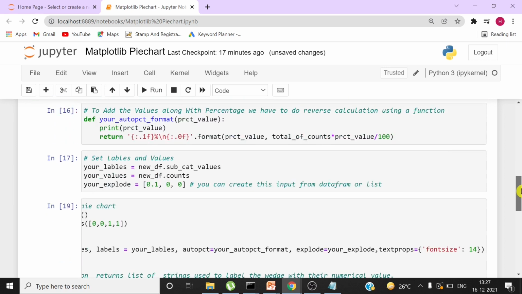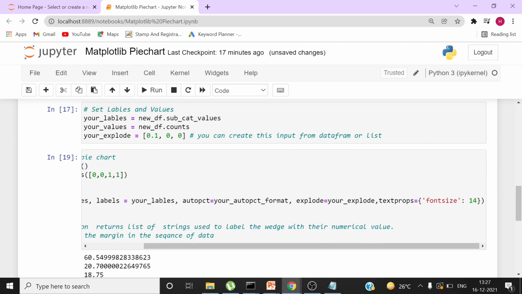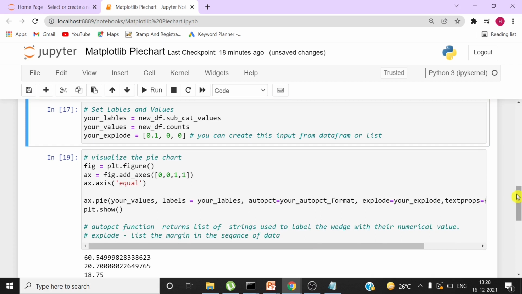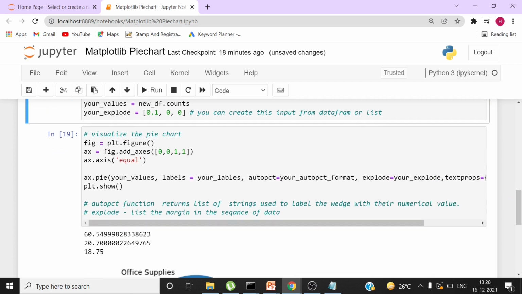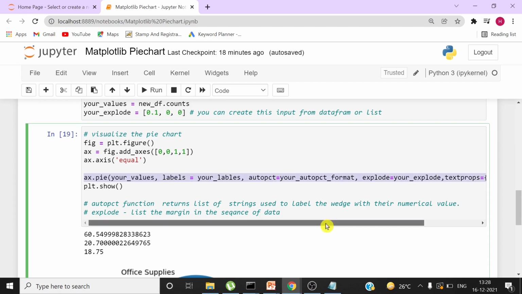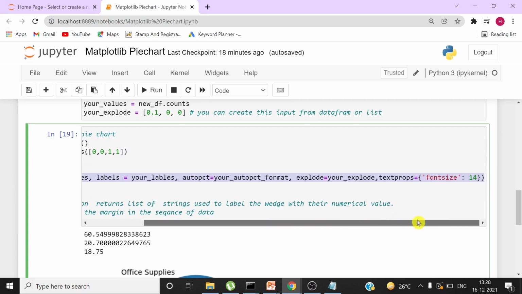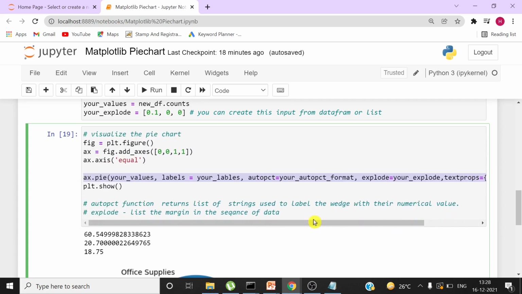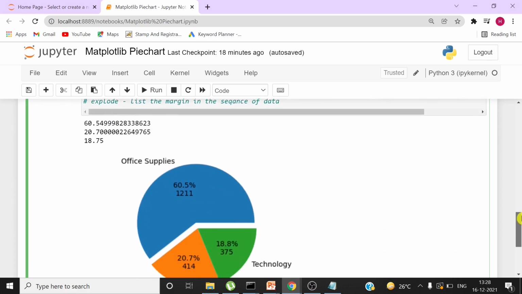Here we have created a function which will return the label values with percentage and count, and here we are setting the required parameters to create a pie chart. This is the line which is generating the figure. You can see here. All right, and this is our result.